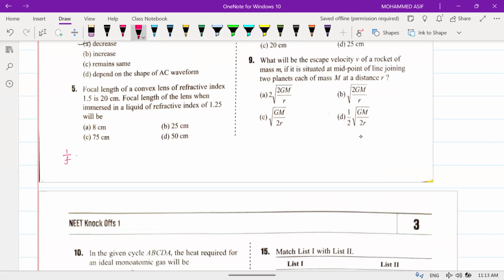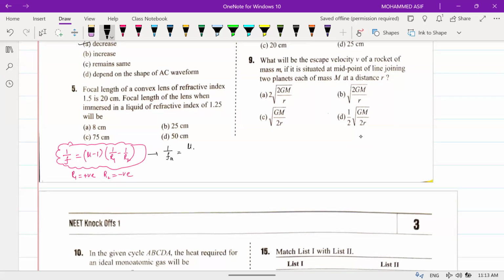1 by F is equal to the lens maker's formula: mu minus 1 into 1 by R1 minus 1 by R2. Okay, so that is your lens maker's formula. Sign convention: R1 will be positive for a convex lens, R2 will be negative. Clear? Now, sir, when it is in air,